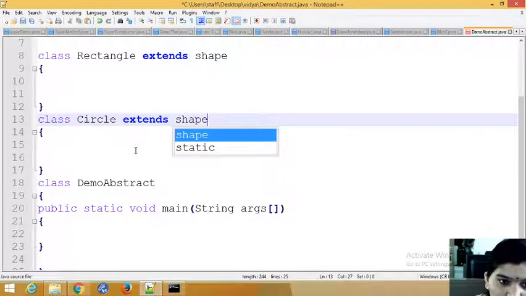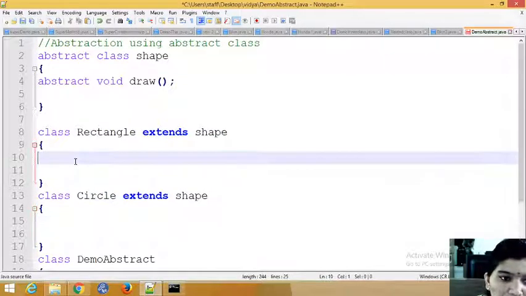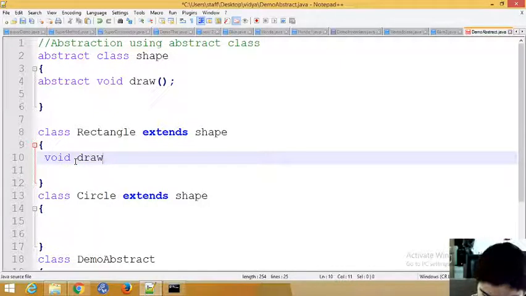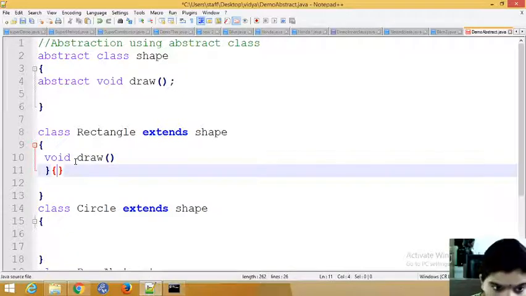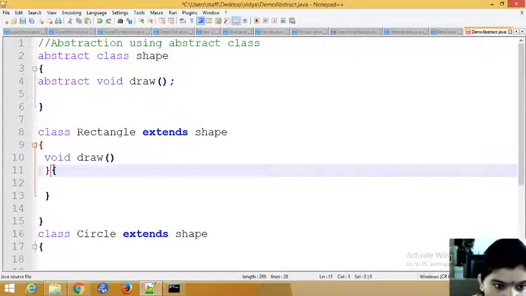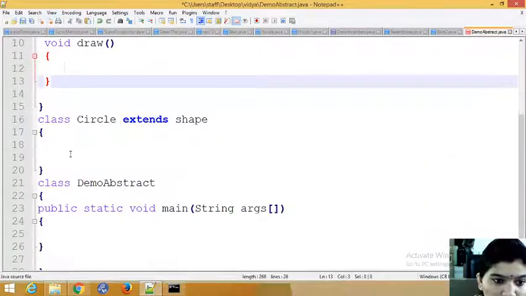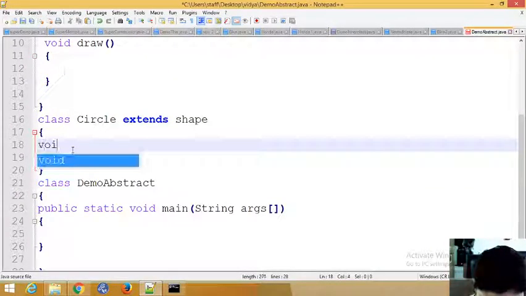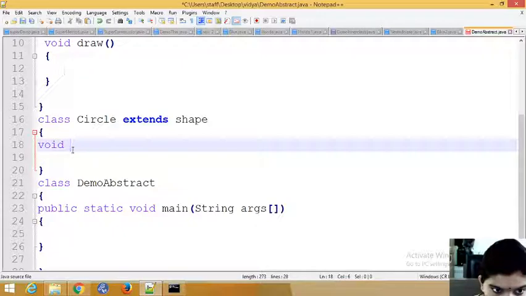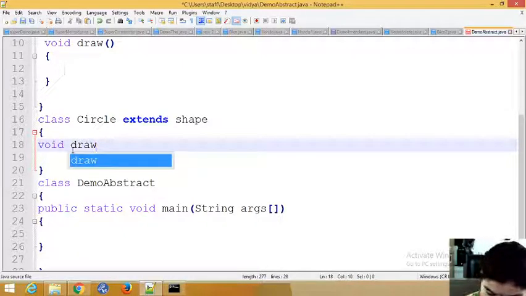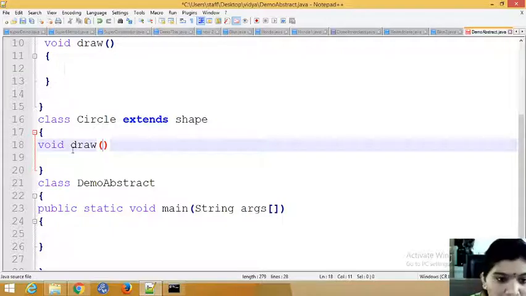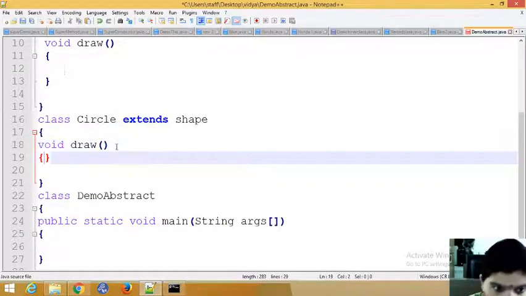I wanted the draw method, so again from Shape. Now I need to give an implementation here, and I need to change the implementation, which is overriding. Once you have declared a method, you can use it anywhere.